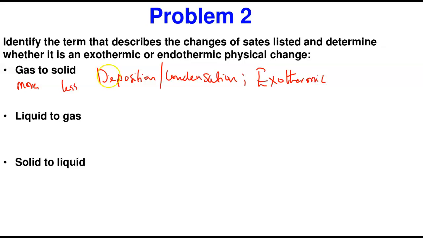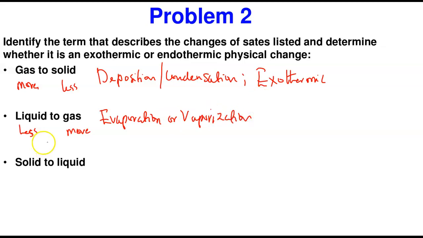If a liquid is going to a gas, this liquid has less energy. This is going to a gas with more energy. Less to more energy is simply an endothermic process. And when this happens, if a liquid is going to a gas, remember we call this what? This can be an evaporation process or vaporization.